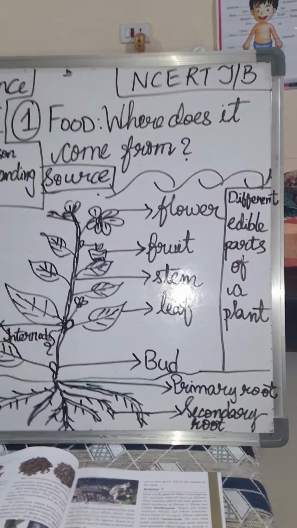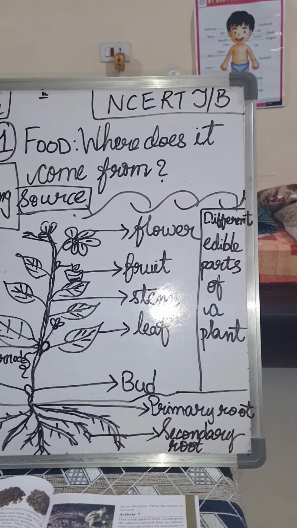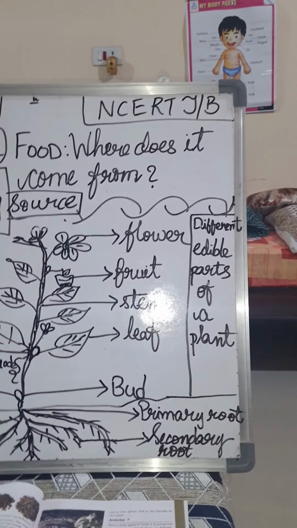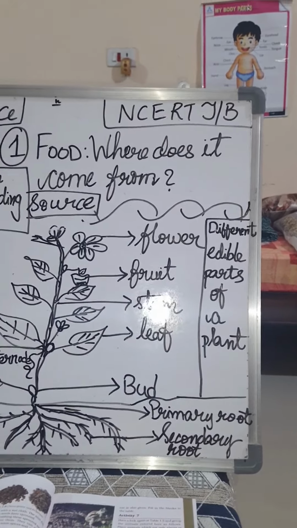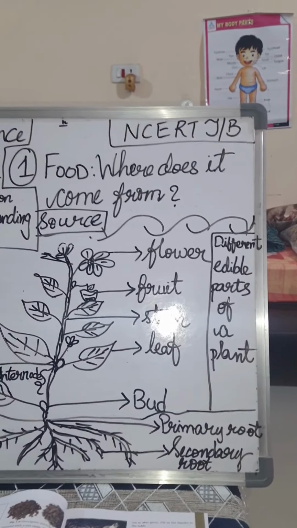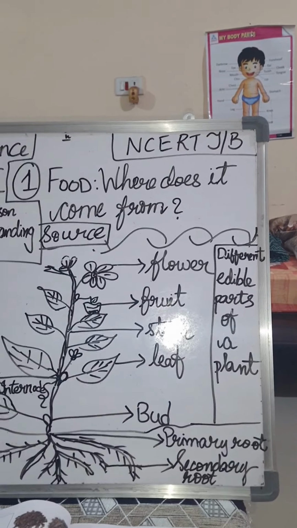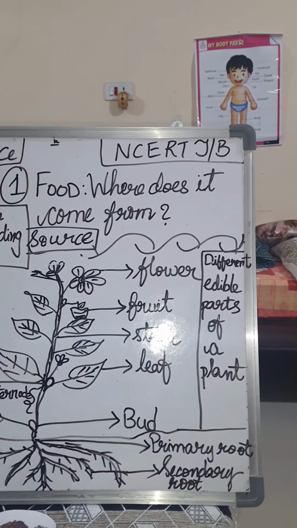Now, the different plants are used in different ways. Sometimes, see, flowers: you have cabbage, cauliflower, everything, these are also available. This is also one part of the plant. Then leafy vegetables, and some more leafy vegetables are spinach and methi, fenugreek leaves. All these we put in the dal and mummy will prepare, no?